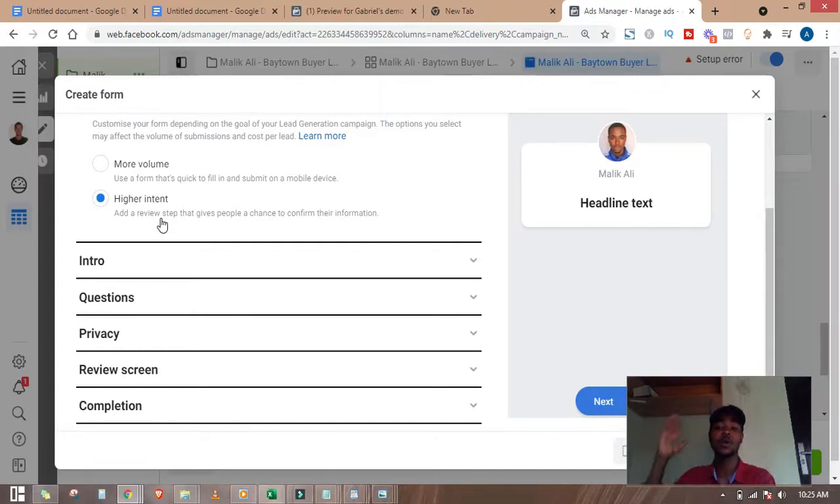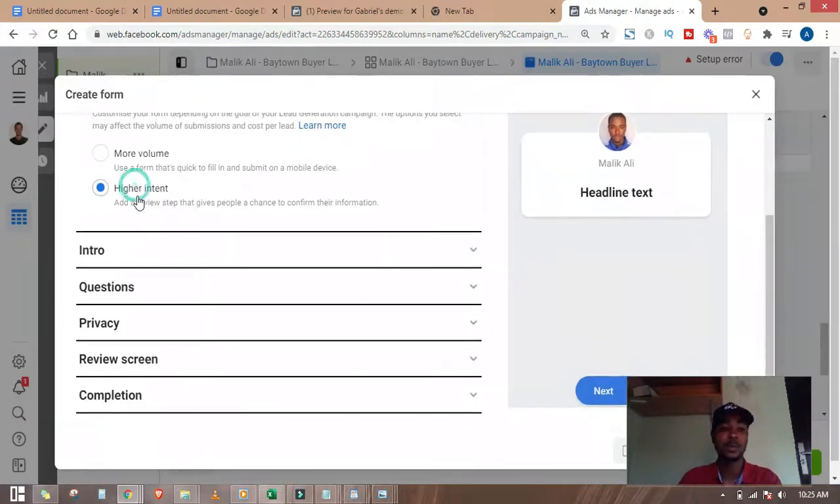If you give people extra steps and layers to follow before they actually submit their information, the chances that you're going to get higher qualified leads are much greater. So right here, use the higher intent option so that it adds a review step that gives people a chance to confirm their information. I'm going to show you how it works